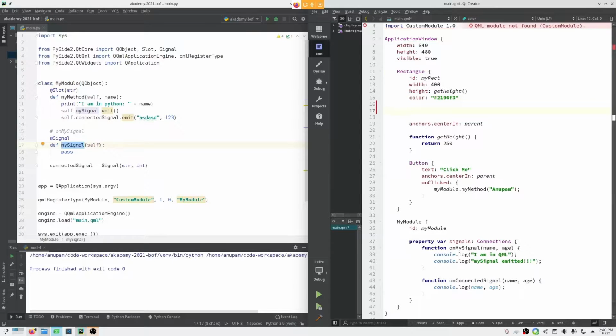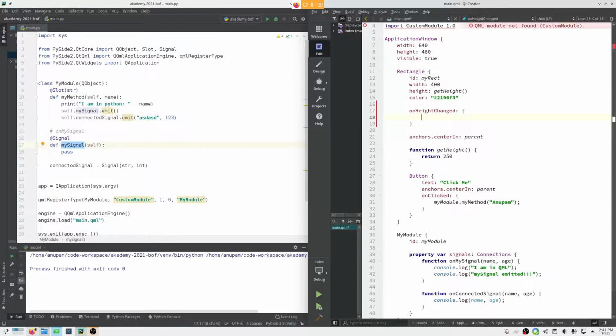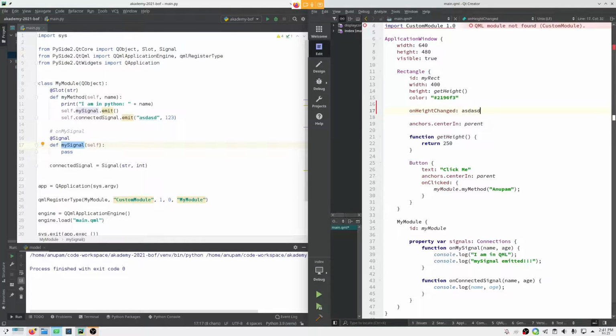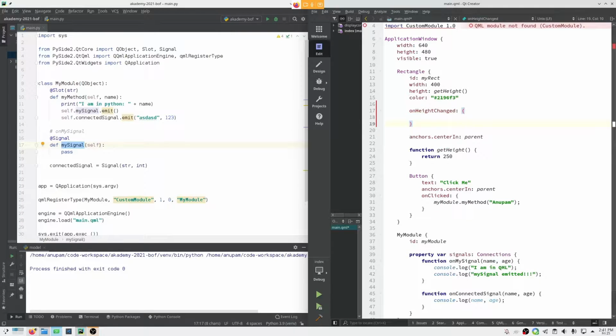There will be a predefined signal for that height property which will be named onHeightChanged. Here you can write a JavaScript block of code or some JavaScript expression or do a method call. In this case, I am just gonna log what the current height is.